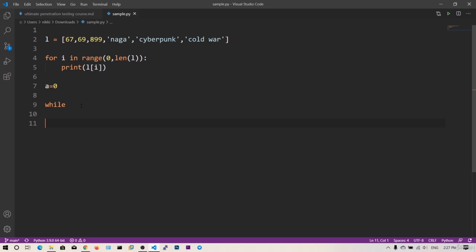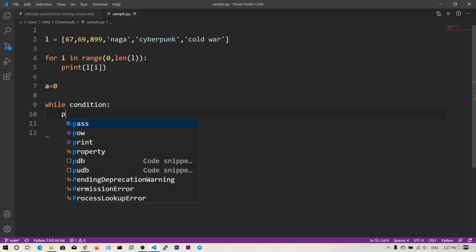So this while loop syntax is while condition, and as you can see, if I hit enter, the indentation automatically happens and the 4 spaces have been added. So you need to give a gap of 4 spaces after this while condition to include the statements under the while loop. So while condition, and this condition should be true, and while this condition is true, execute these